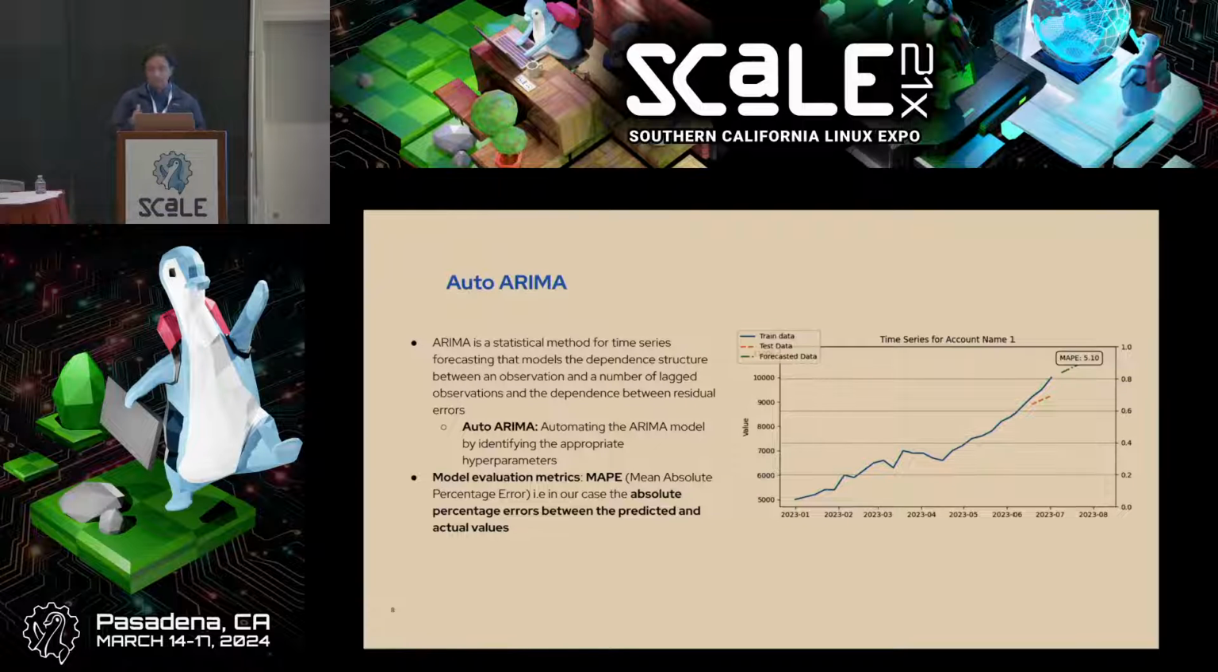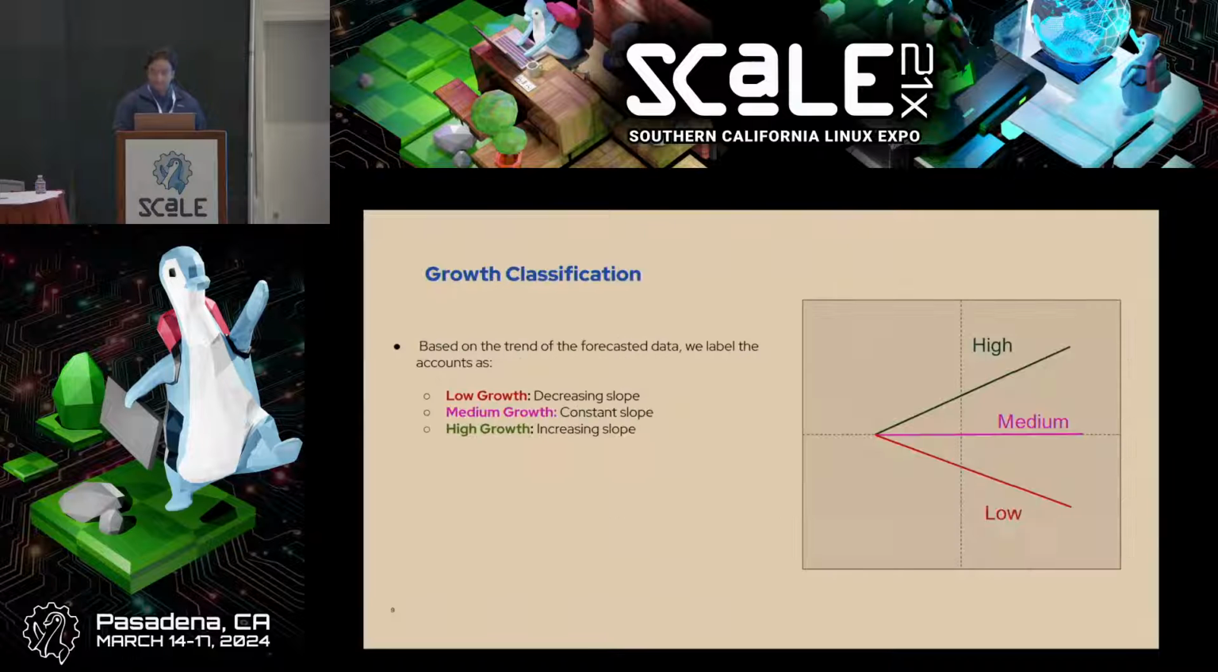So here we have the training set, here we have the testing set, and the forecasted set, these green points. Now, based on these green points, based on this forecasted data, we classify the ultimate customer set into different zones: high potential zones, low potential zones, and medium potential zones. If we move on,